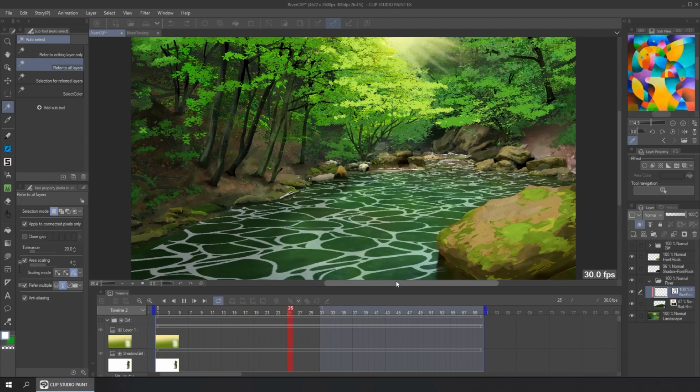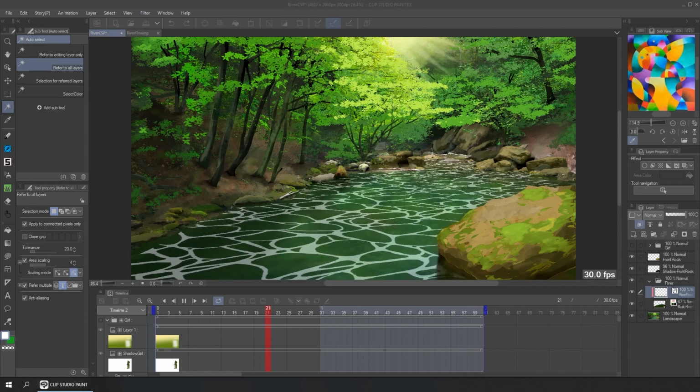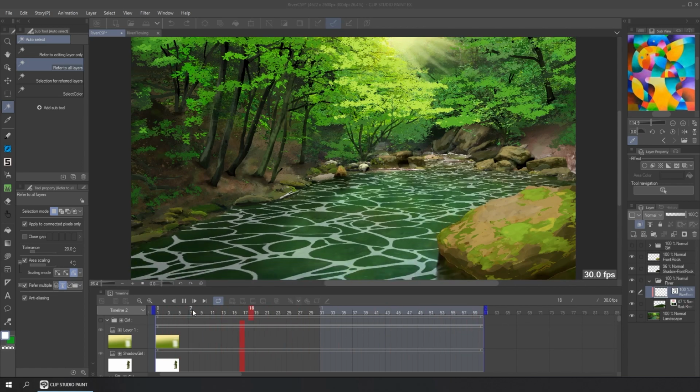I asked my 8-year-old daughter how it looks, and she says it looked quite stiff and she didn't like it a lot. But I feel that it's good enough for an establishing shot, and you can save a lot of time because you don't need to move by hand all these ripples.